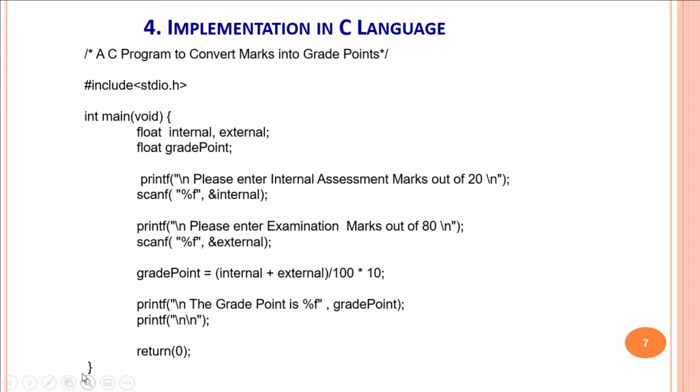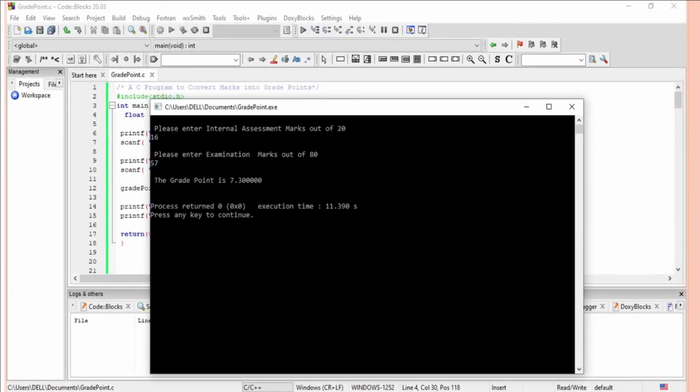Now the same program is entered into the Code::Blocks IDE, and after it is successfully entered, it is run through this build command.